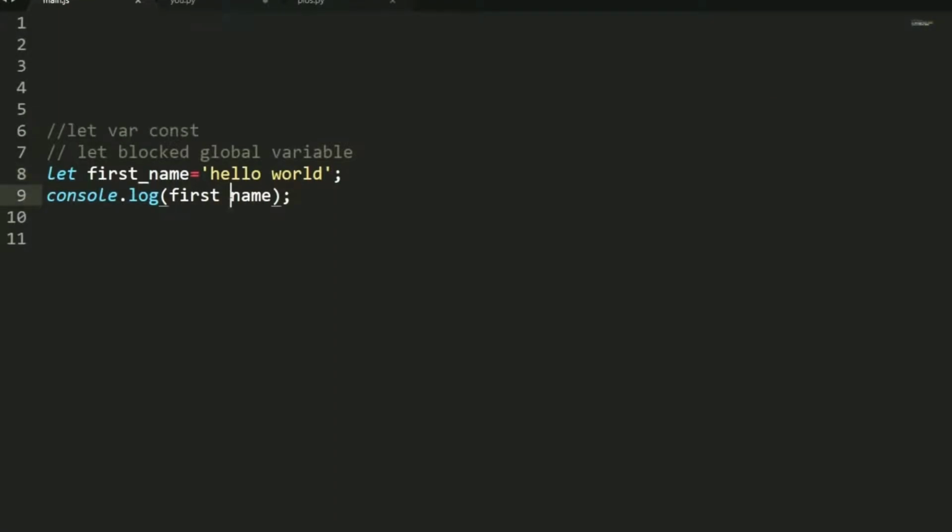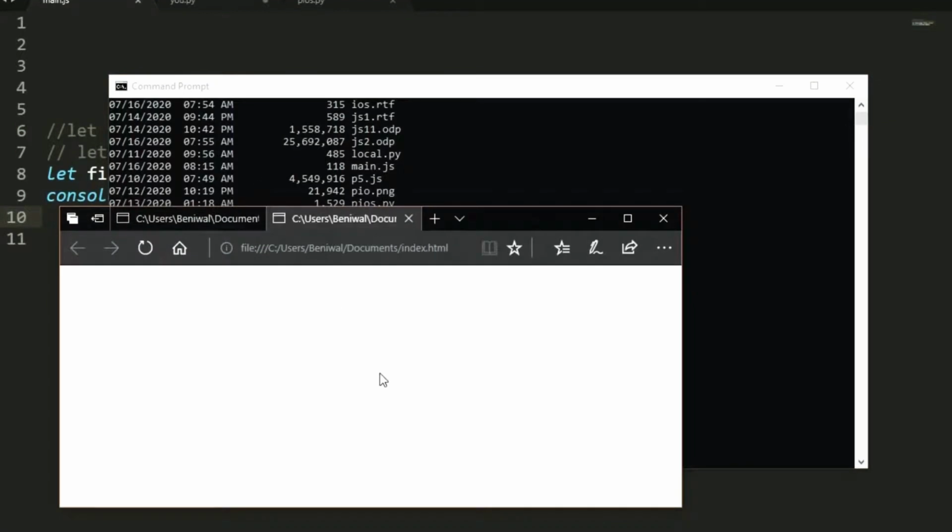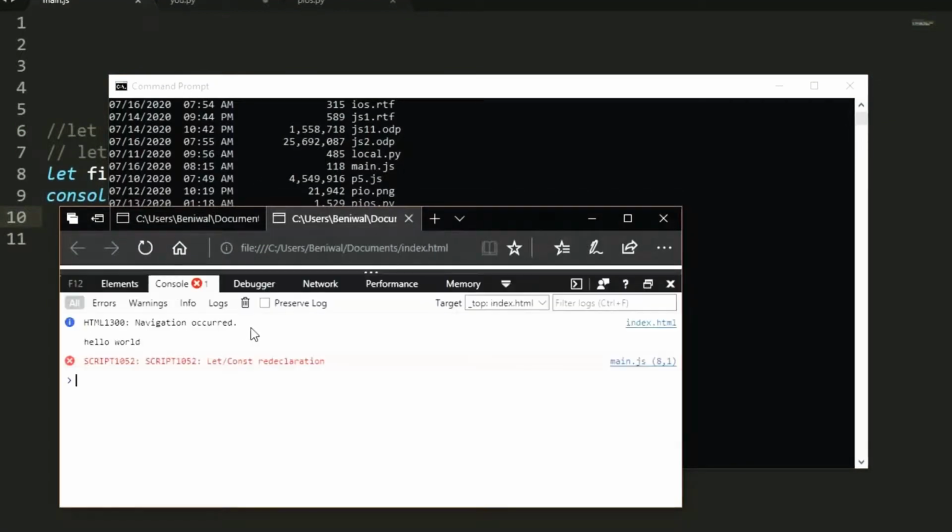Here we typed the first name and then this between them, and this is the variable reference, which obviously has a space. So now saving this, and going to our page, and pressing F12, here we got our hello world, and there is no problem.